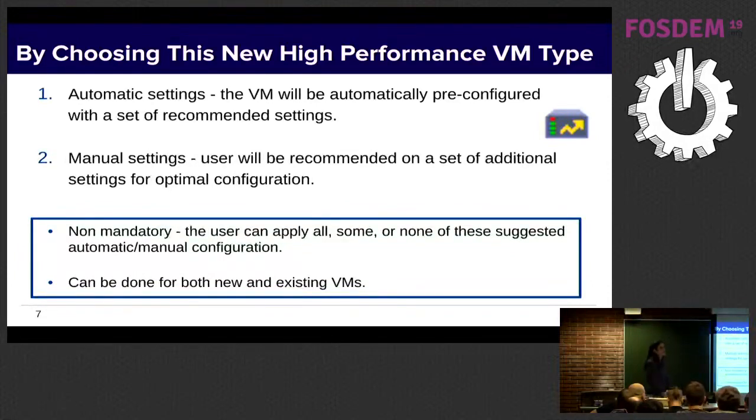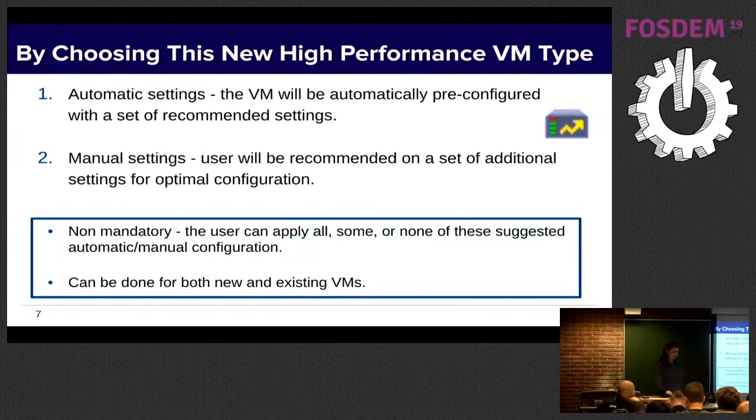Two things to emphasize about that. One, nothing is mandatory. All the automatic and manual settings are non-mandatory. The user can choose if he wants to set all of them, none of them, or part of them, depending on what he wants to do. And another thing is that you can do that for a new VM or an existing VM. You can take a server VM and switch it to be high performance